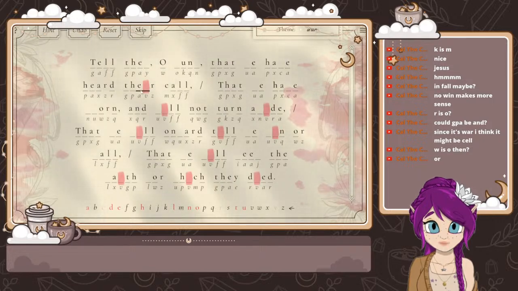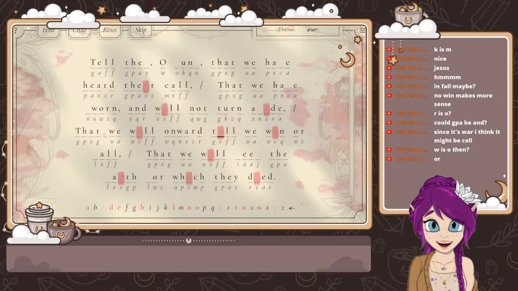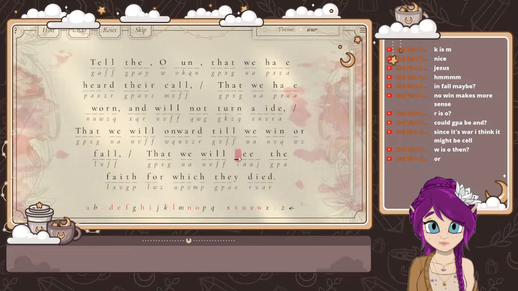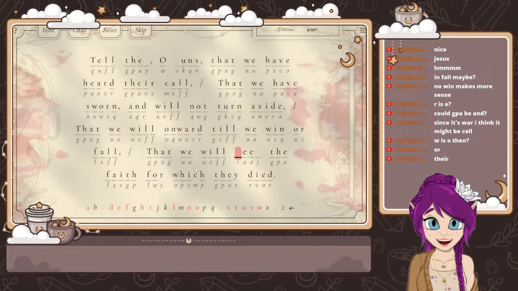Heard the call that till tall onward that we will onward till we win or fall, that we will heard their call, that we have sworn and will not turn aside, that we will onward till we win or fall, that we will